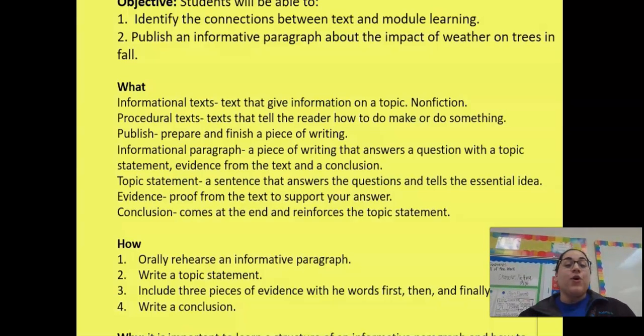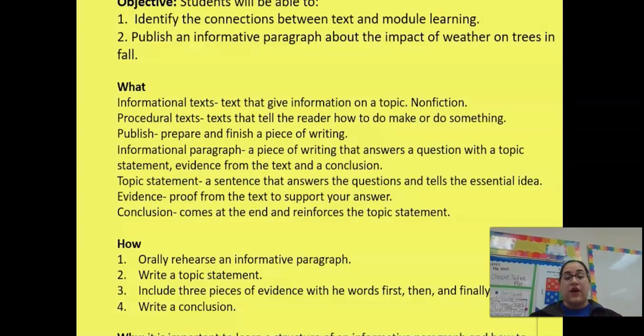What we're going to be doing today in our recorded video is we're going to give each other feedback, looking at our informative paragraph, and then we are going to transition into reflecting a little bit before we even start our deep dive. In our live lesson, we will be talking about all the knowledge that we have gained in these lessons where we read the book, Why Do Leaves Change Color? Okay, so let's get started with our feedback.